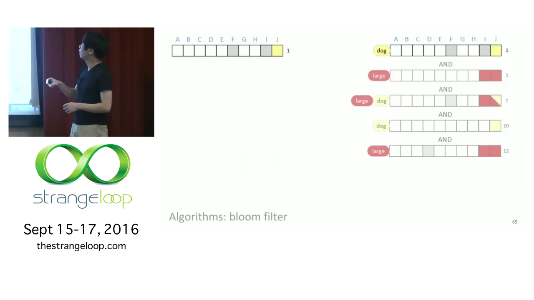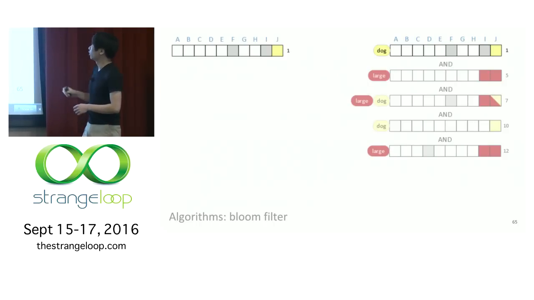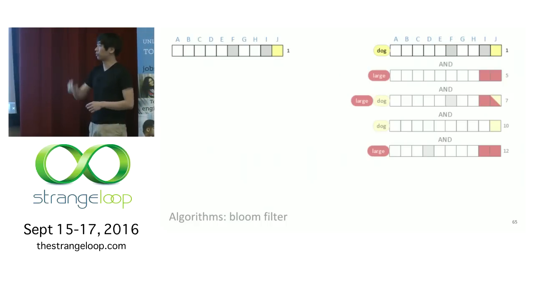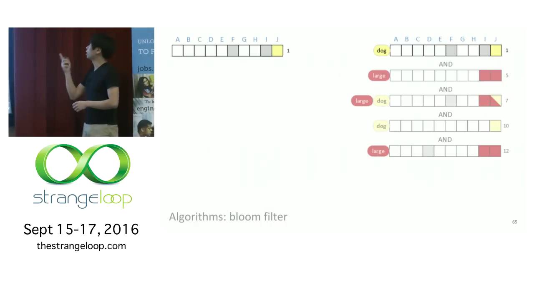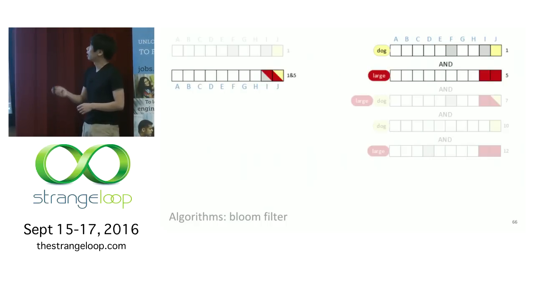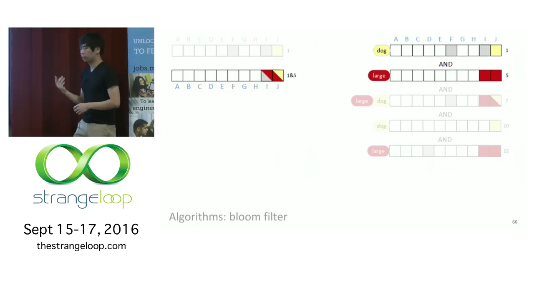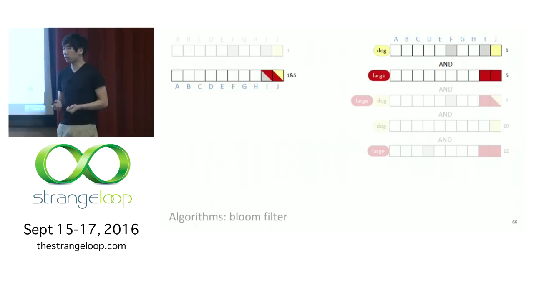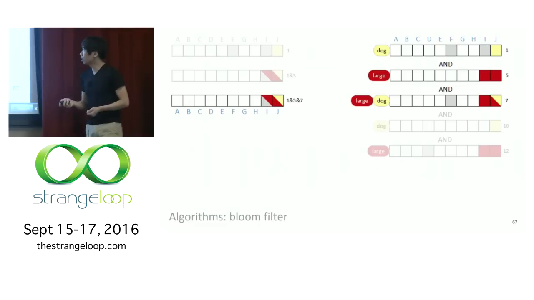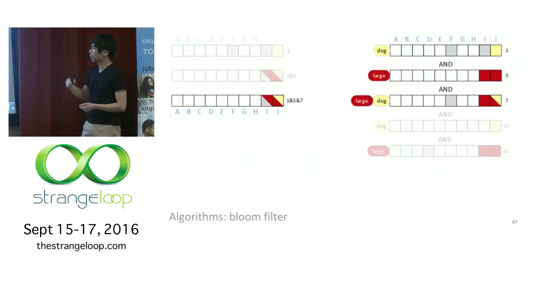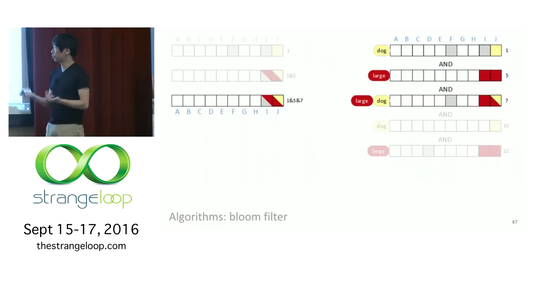So in this diagram, the part that is not grayed out on the right is the part of the query we've done, and the part on the left is the result that we have so far. If we look at row 1, well, that's just row 1, right? Row 1 and row 5, you notice bit f goes away. If you AND a 1 and 0, you get a 0. If we AND in row 7, it has bit f set, but the bit doesn't get reset, right? Because we're still ANDing a 1 and a 0, so we still have a 0.